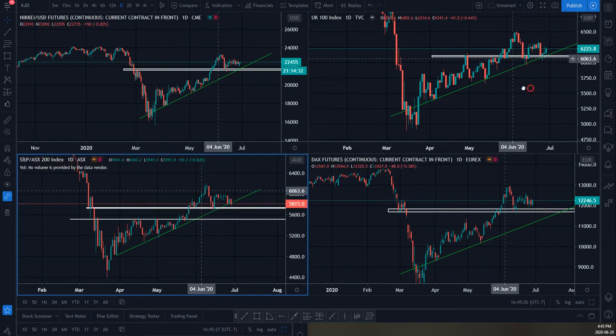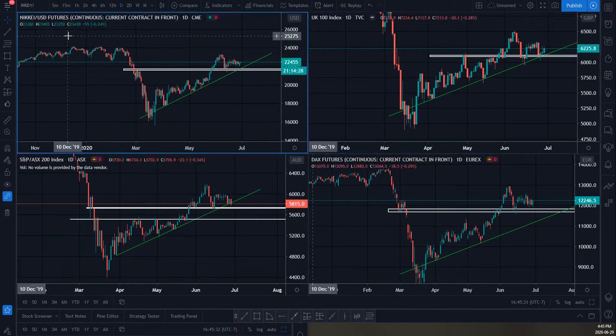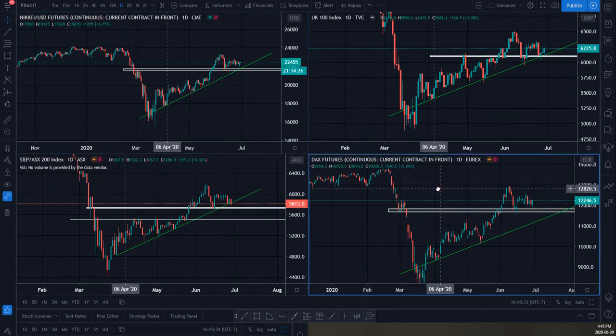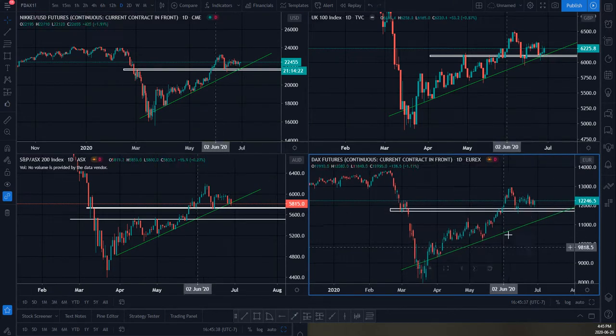You have the UK, and then this is the Nikkei 225, which is the Japanese stock market index. And then you have the TSX. And they all look somewhat similar. Obviously, I'm drawing structures that make them look similar, but in terms of the huge sell-off that happened, which was basically a liquidation event across the entire board, to then a big bounce in risk on instruments like equities,